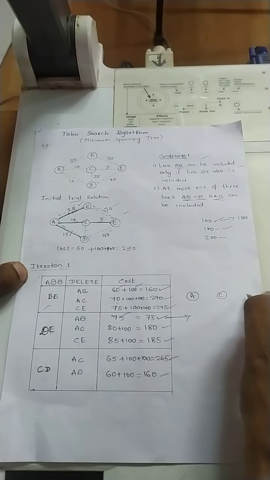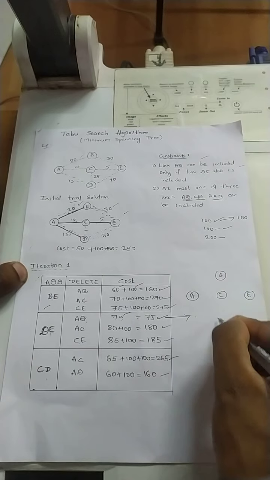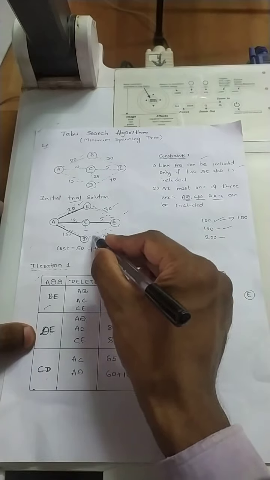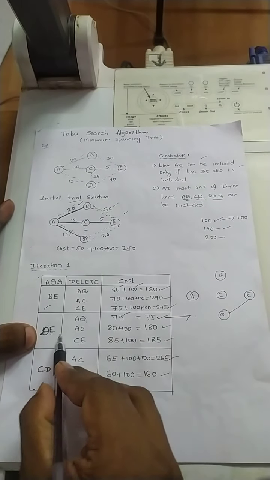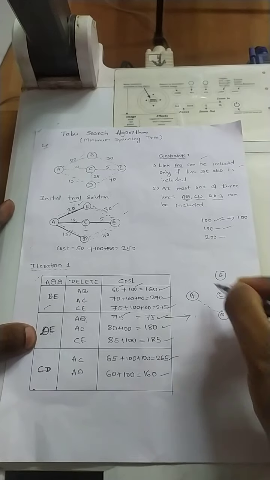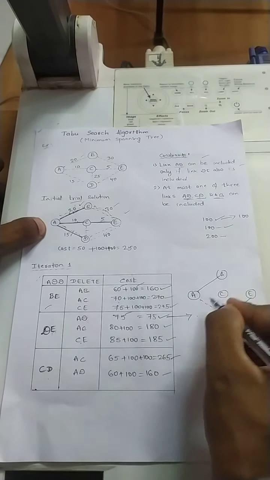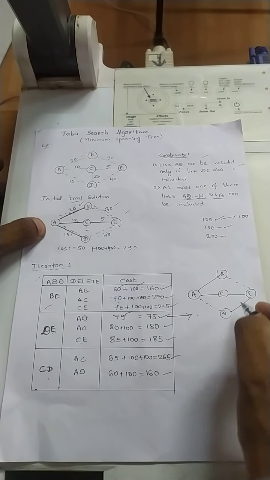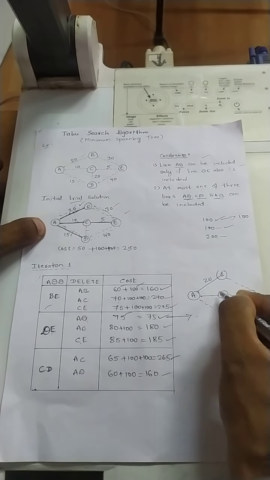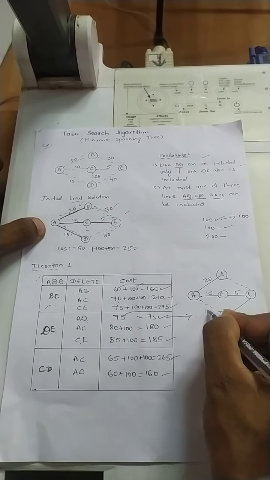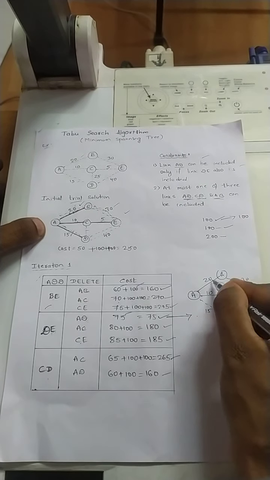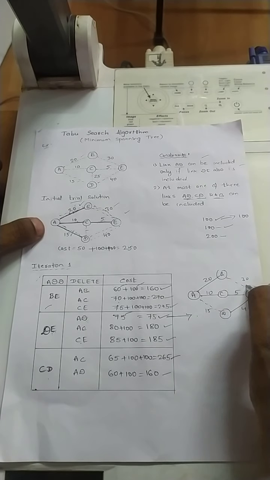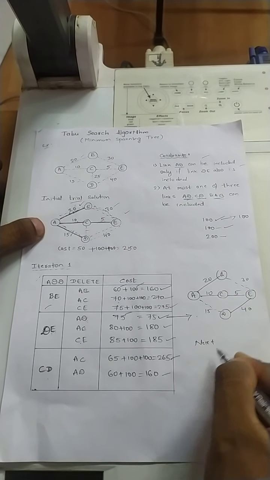So let us try to draw the graph. A, C, E, B, then D. Our graph is add DE, so I am adding DE, and remove AD, so I am removing AD. The remaining stay as they are: AB, then AC, B to C dotted line, and C to E I am considering. 20, then 10, 5, 15, 40. If you add all these continuous line weights, it will be 75. Now this will be the trial solution for the next iteration, that is iteration number 2.